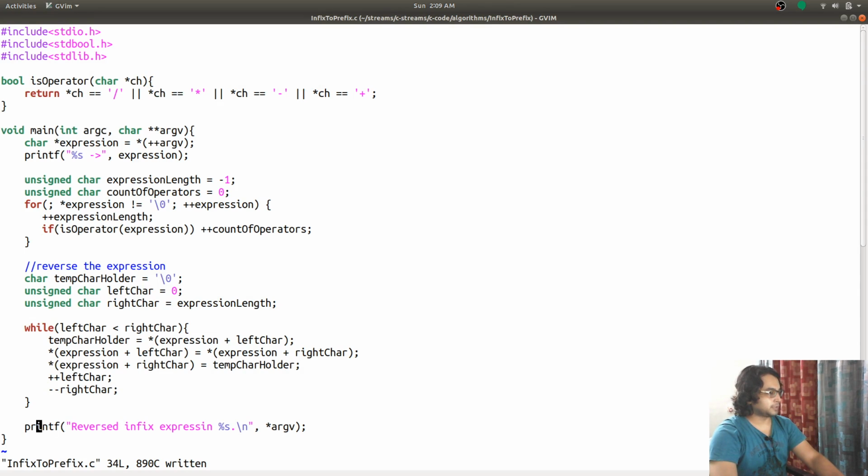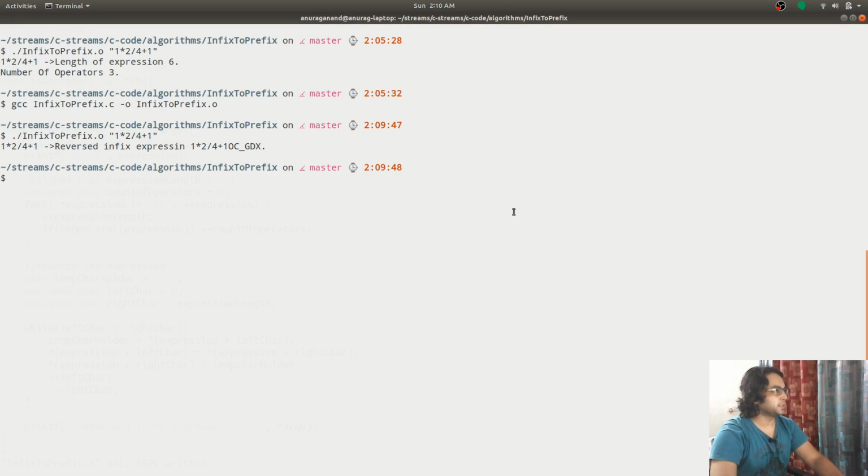Output is not that clear, so I'm going to do this, and let's print it again.